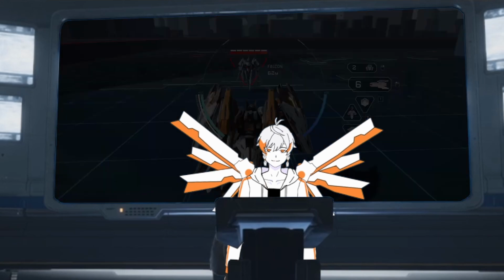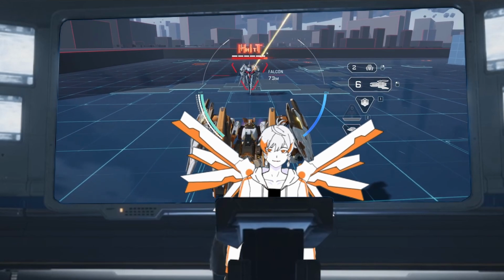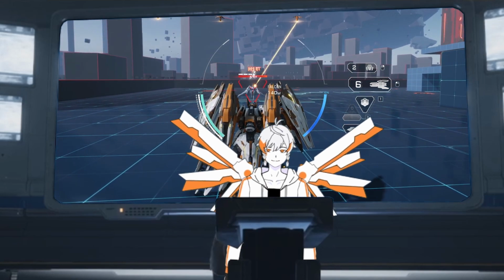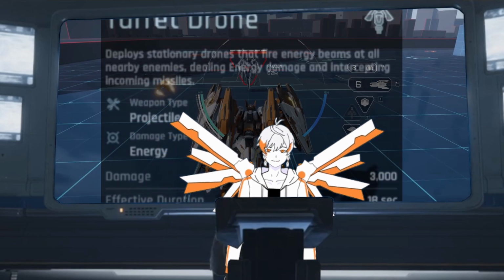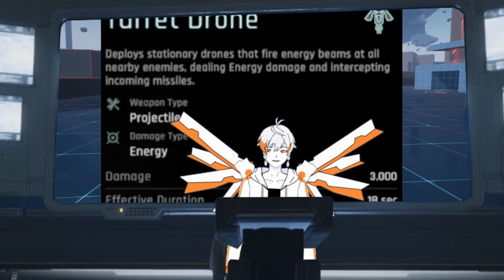Overall, they are best used in places often visited by enemies, such as larger objective points or in locations where missiles will be coming from, such as right on top of a large splitter. Placing all 3 will make these drones live up to their name, engulfing the enemy units in a whirlpool of lasers. Its weapon type is projectile, and it deals 3000 damage per hit, being effective for 18 seconds and attacking